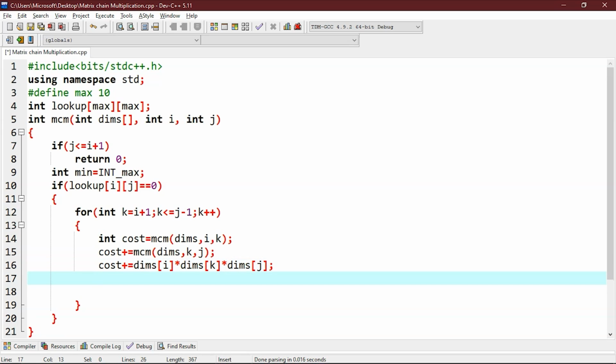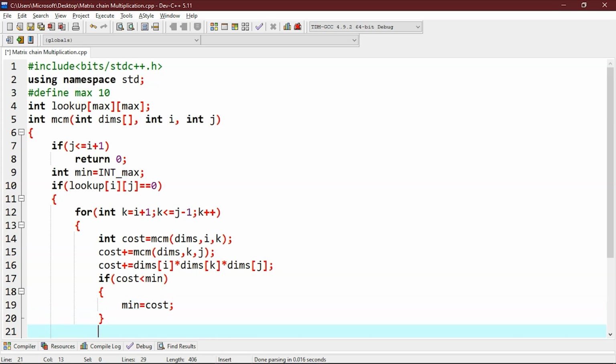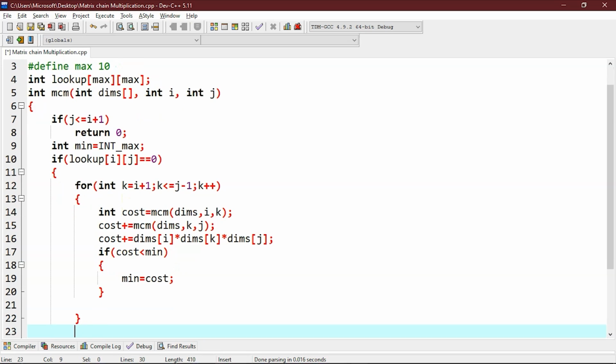Now if cost is less than min, then min will be equal to cost. Now we will store min at lookup at i comma j.